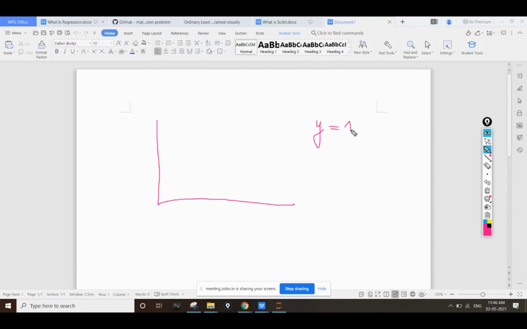It can be m1 x1 plus, sorry for the disturbance, m2 x2 plus c. Okay. So see, in this case, we have two features based on which I have to decide my output.